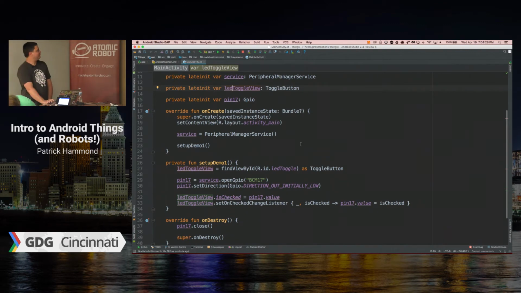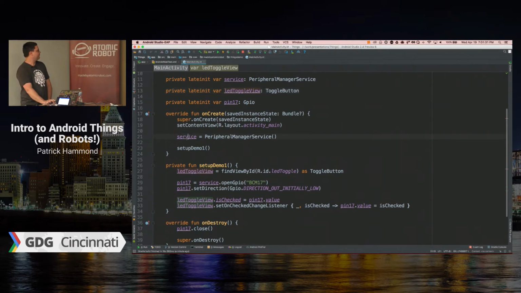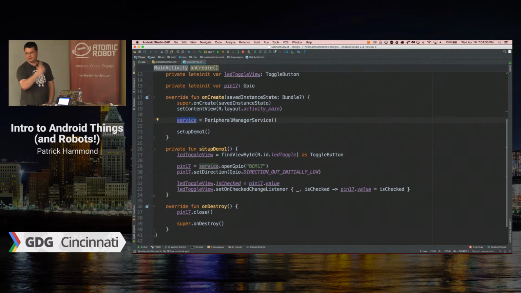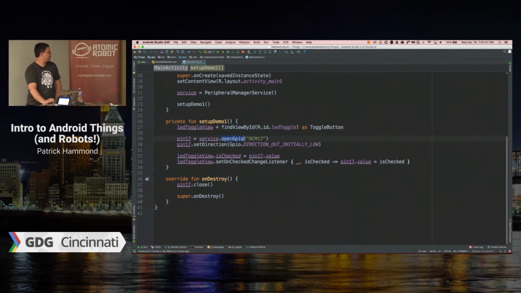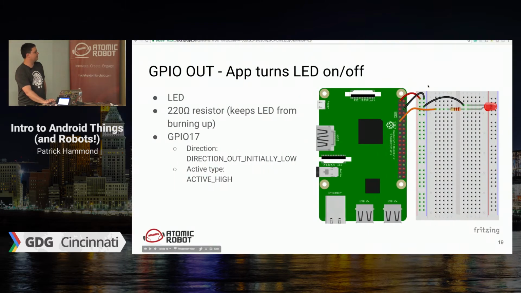So let's see what it took to make this work. Okay, so we've got a peripheral service. We've got a button on the screen, and I'll skip over that right now. What we're going to do is open up a GPIO pin, the general purpose IO pin, and in this case, I've got it plugged into pin 17 on the board. If we go back and look at this, that orange wire is pin 17,